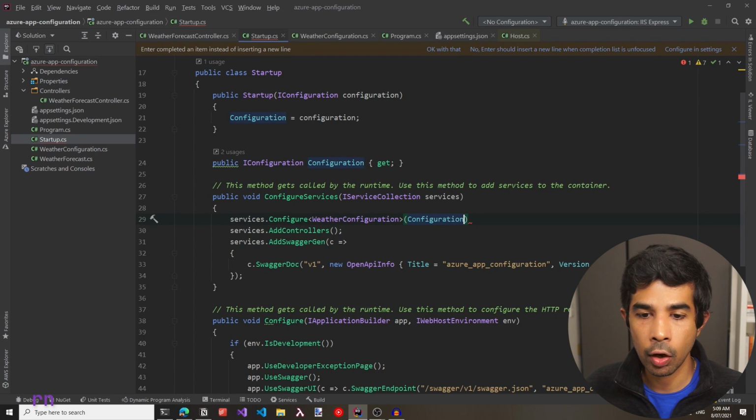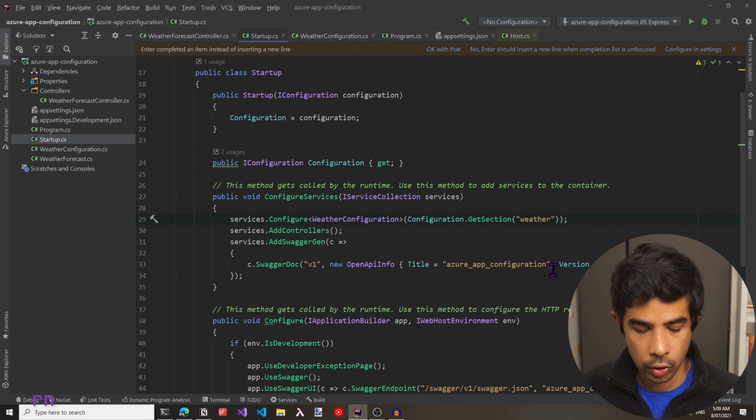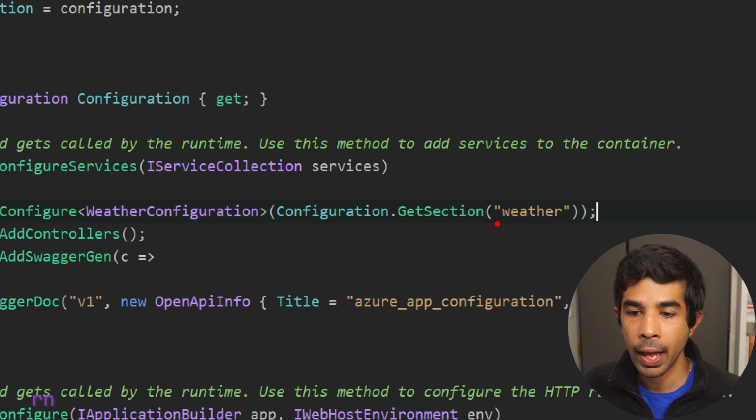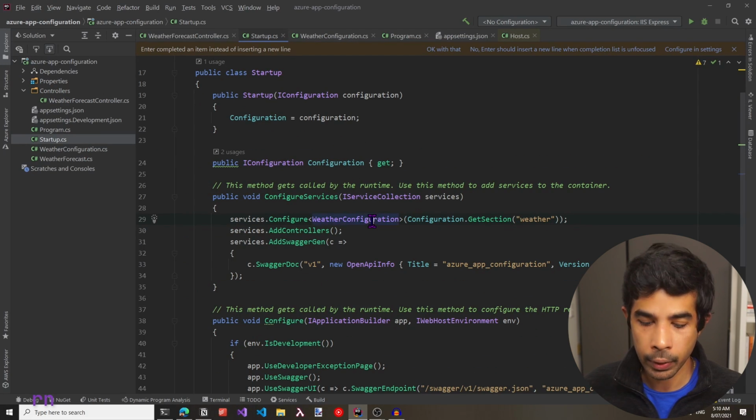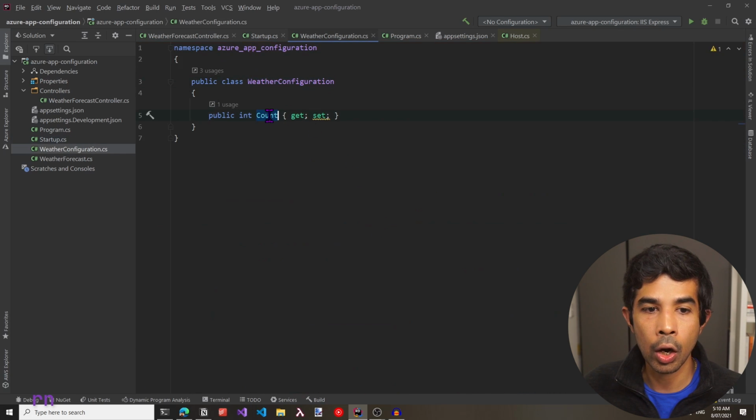So let's specify configuration.GetSection and specify Weather as the section. This is because we have the configuration values prefixed with the weather value. So we had the value inside our app configuration as Weather:Count. When we call GetSection of Weather, it will check for all the values under the Weather section and bind them with this WeatherConfiguration class. Since the names match up inside the WeatherConfiguration with Count, it will automatically map this from the configuration